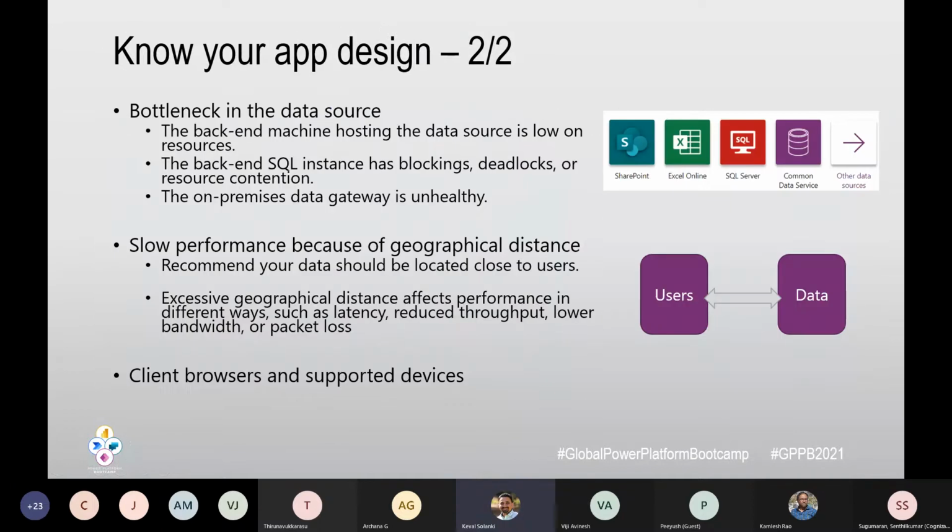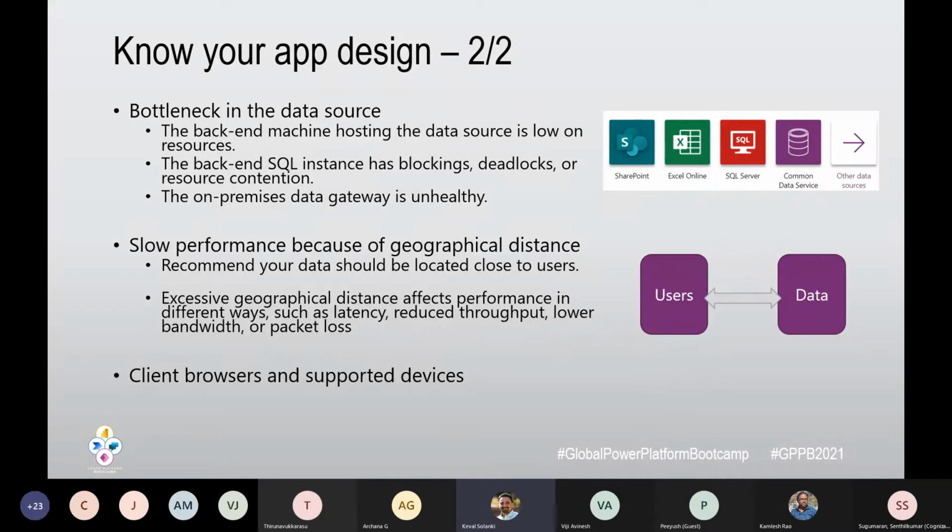All right, then the next point. Many of the bottlenecks that we observed are at the data source level. For example, if you are dealing with SharePoint sources or OneDrive sources, you need to optimize at a very good level so that your application performance will be faster.